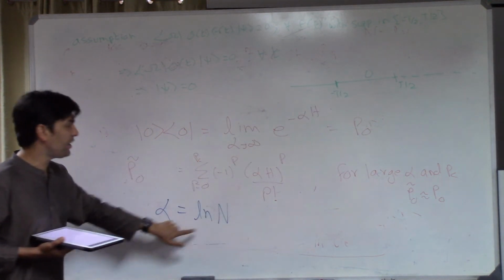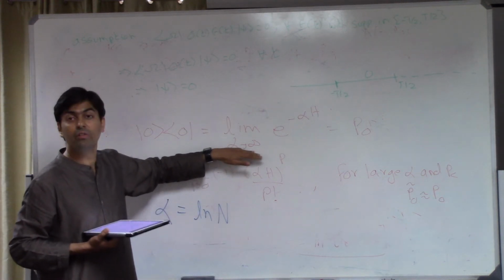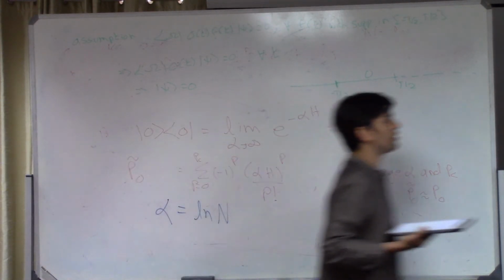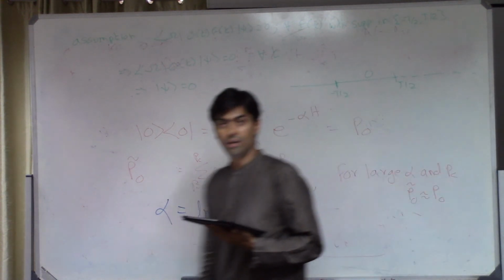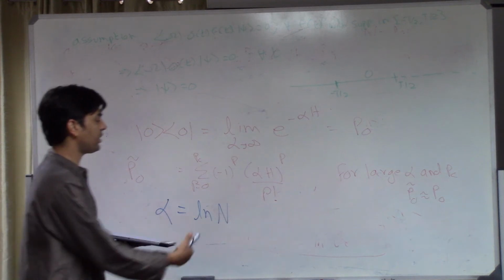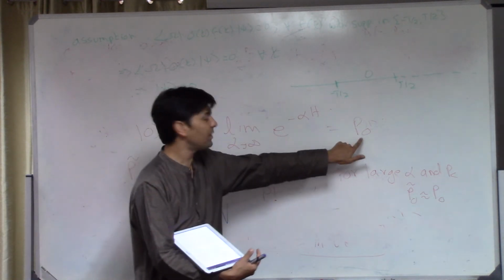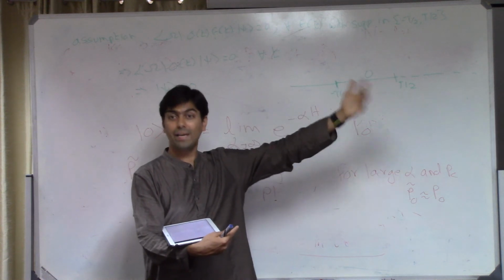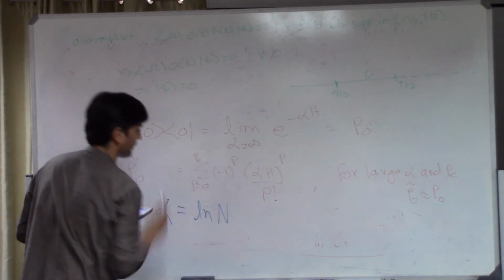So taking alpha equal to log n ensures that you don't really have to take alpha to infinity. If you're working to leading order in the 1 by n expansion, you can just take alpha to be log n. And that's already enough to ensure that this polynomial, this p0 tilde, approximates p0 up to order 1 by n. So let's take alpha to be log n. How large do we have to take this cutoff to be?